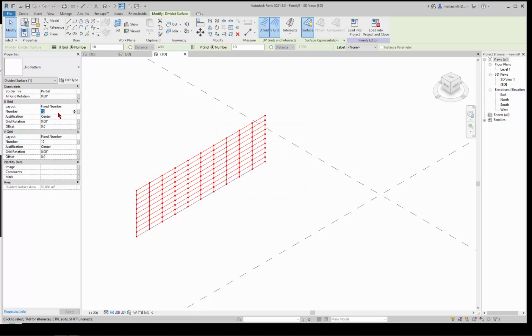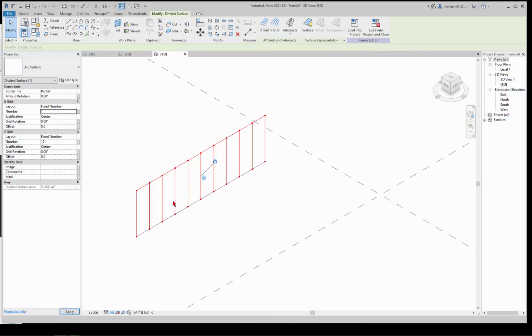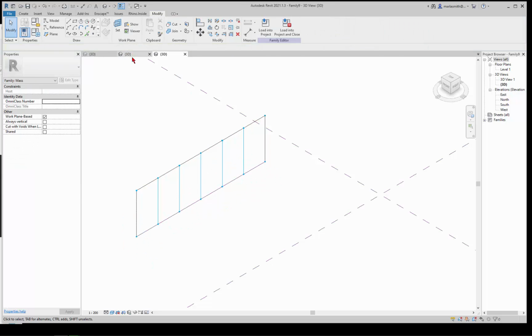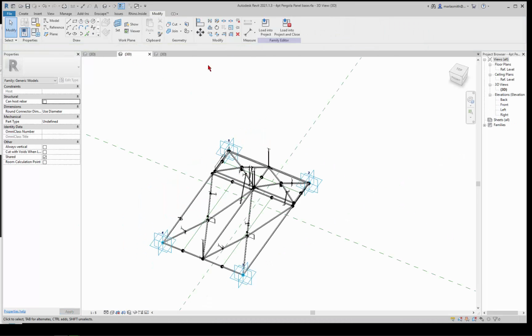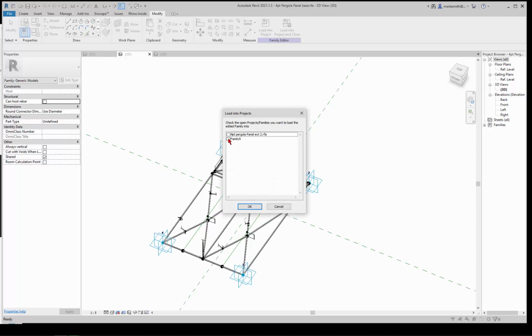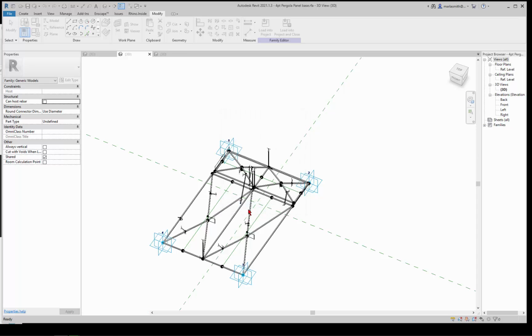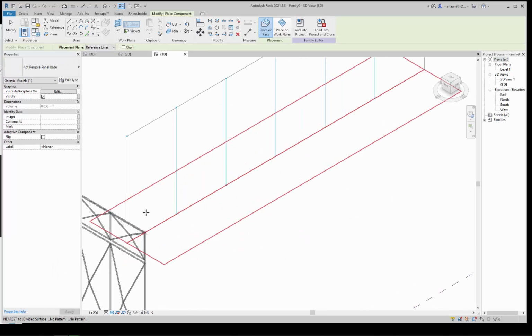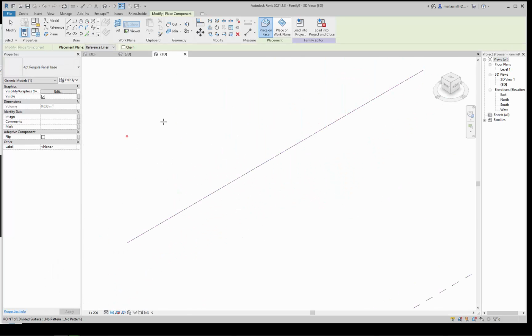the surface. So this is just going to be 1, because we only need that many, and maybe this is 6. I don't know how big it's going to be. You can see the distance up here for 2,000 by 4,000. Then if I go get my family, and I load it into my new family project here, I should be able to come in and go 1,